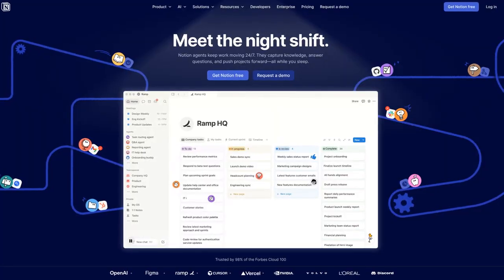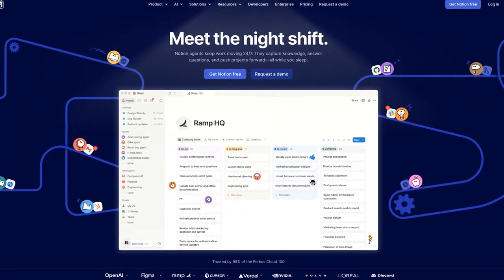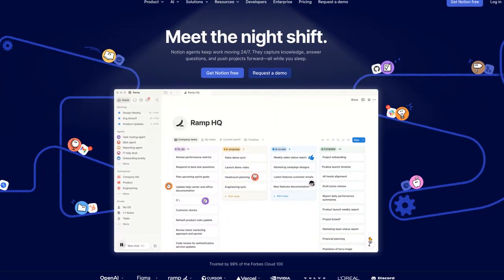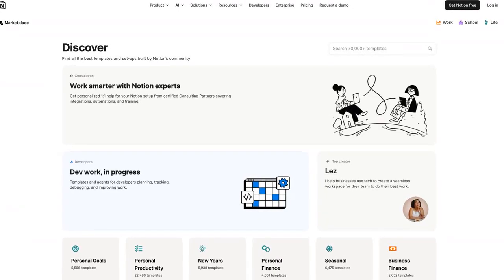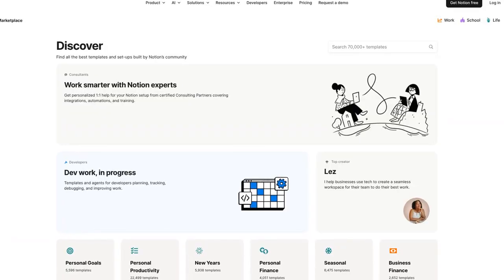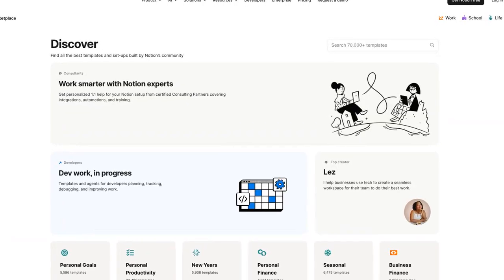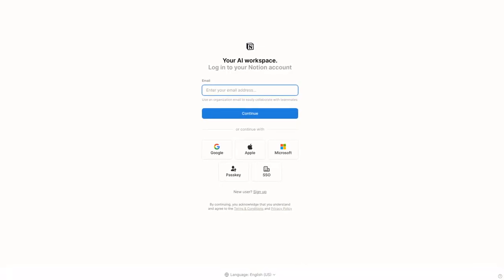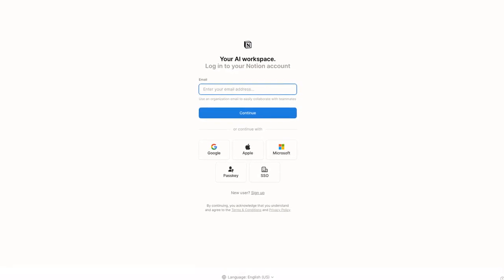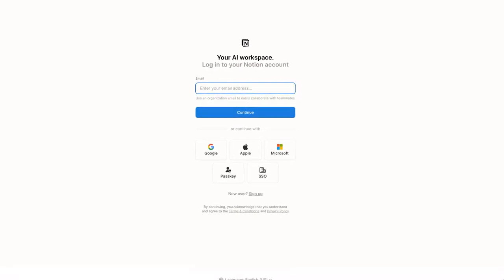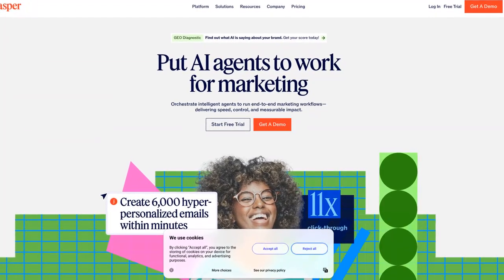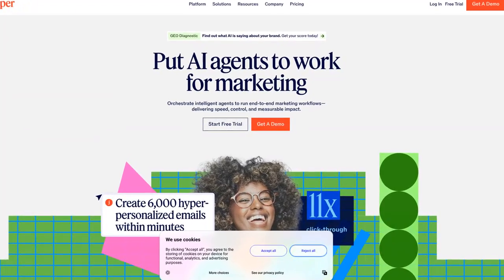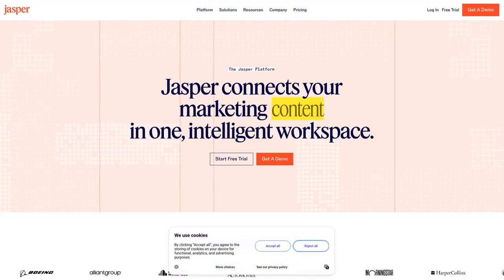Now that you have your customized workout plan, it's time to start tracking your progress. This is where Notion comes in. Notion is a powerful note-taking app that can be used to track your workouts, log your progress, and stay organized. To get started, you'll need to create a new page in Notion and set up a template for tracking your workouts. This can include columns for the date, exercise, weight, reps, and sets, as well as a note section for tracking your progress and any challenges you're facing.